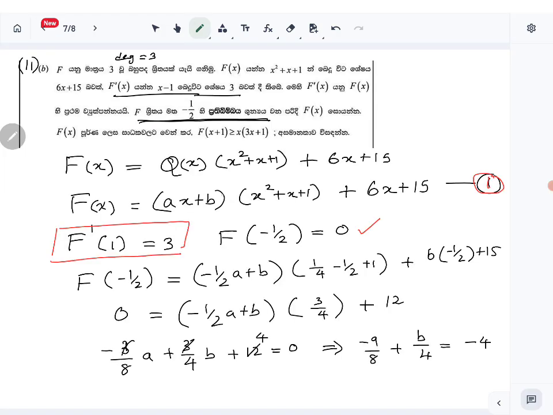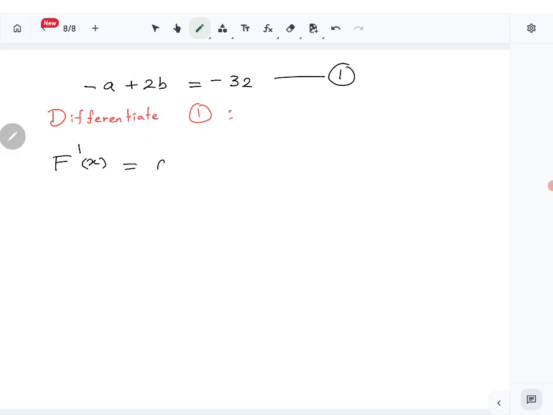So I have to use the product rule for the first terms. So ax plus b, keep ax plus b, differentiate x squared plus x plus 1. So 2x plus 1, keep x squared plus x plus 1 and differentiate ax plus b, which is a, differentiate 6x plus 15, which is 6. Right,